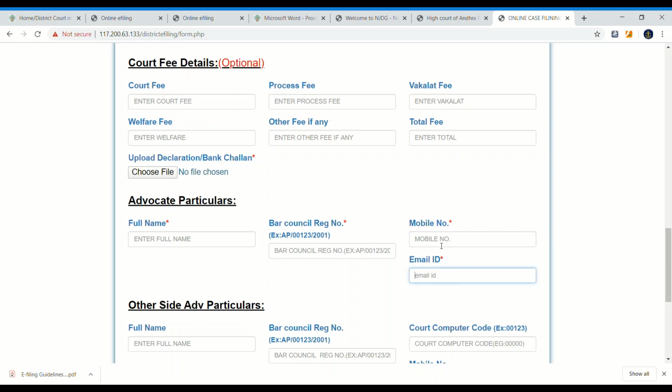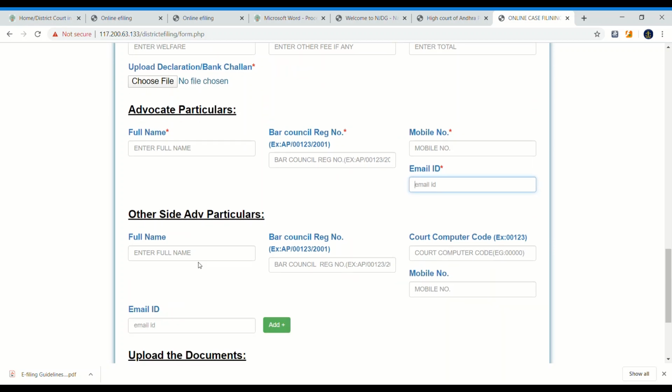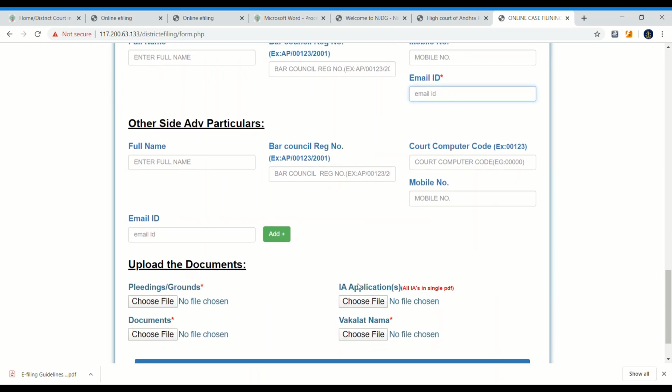The mobile number and email ID are very important, because further correspondence, whether your case is numbered or rejected, will be intimated through email ID or mobile number from the concerned court. If you have any other side advocate details, then you have to enter all the details. And the other side advocate's mail ID, if you know it, then add it.